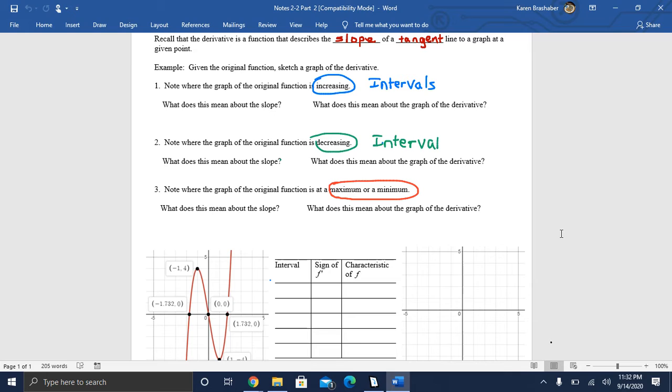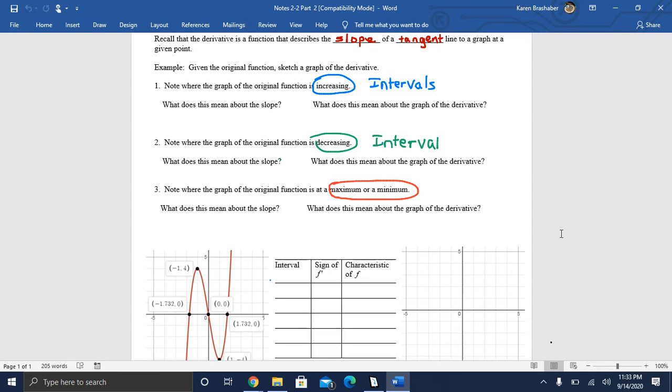So you've just begun learning about derivatives, and I wanted to emphasize one more time that the derivative is a function that describes the slope of a tangent line to a graph at a given point. So I'd like for you to really recognize that the derivative is a function about slope. And so therefore, when we graph a derivative, we're actually graphing what the slope of the tangent line would be